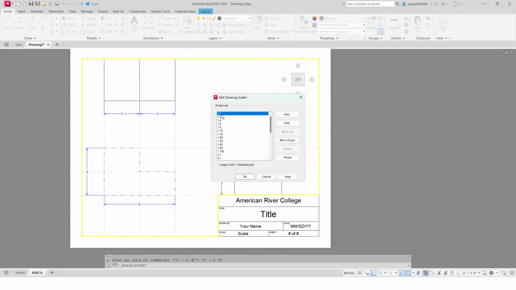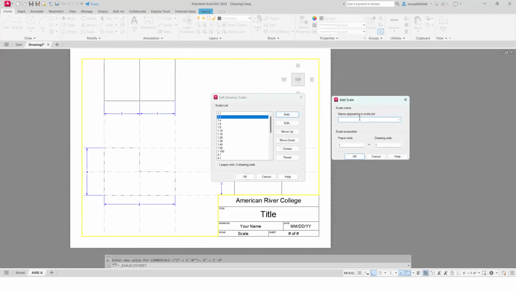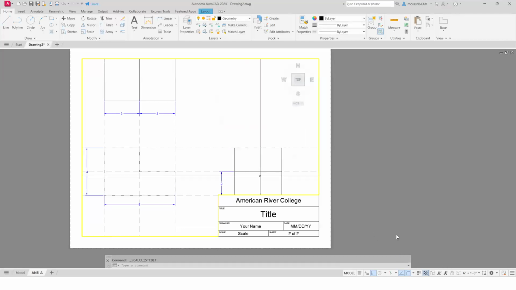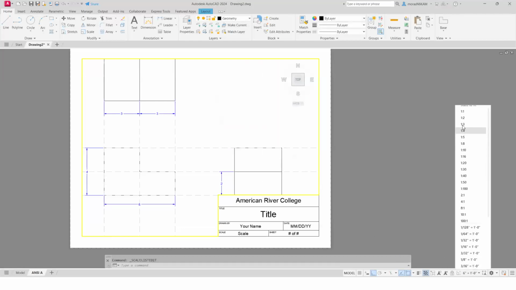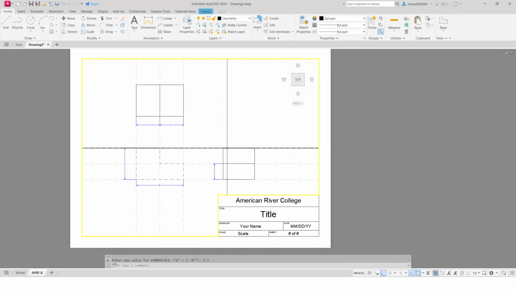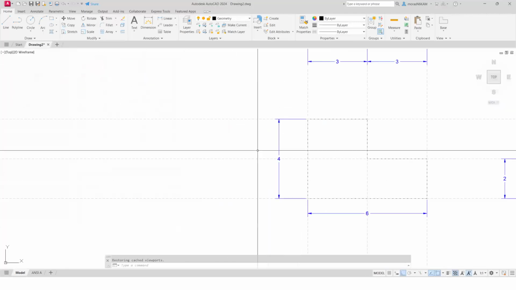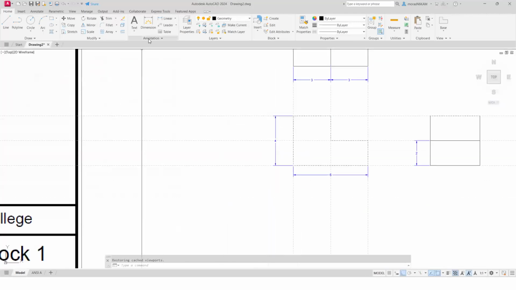And see, it goes 1 to 1, 1 to 2, 1 to 4. There's no 1 to 3, so I'm going to add one. I'm going to say 1:3, and I'm going to have 1 paper unit to 3 drawing units. And I'll say OK. And then now I can select 1 to 3 here. And that looks better. So I'll go back to model space, and then I'm going to change my